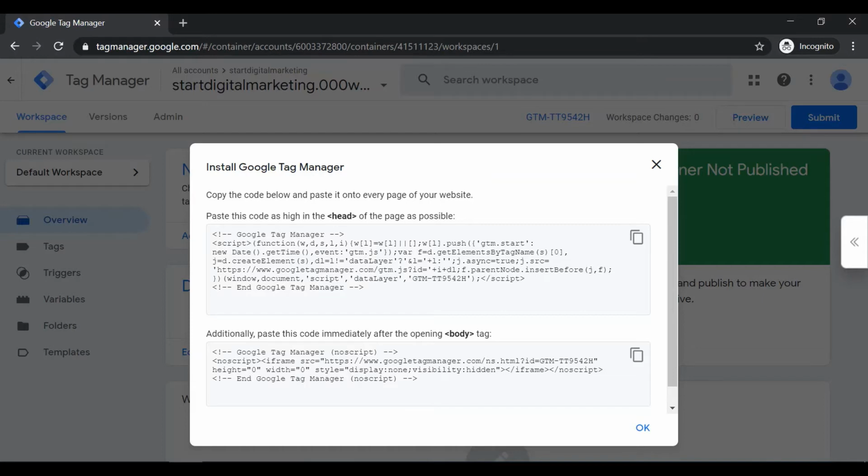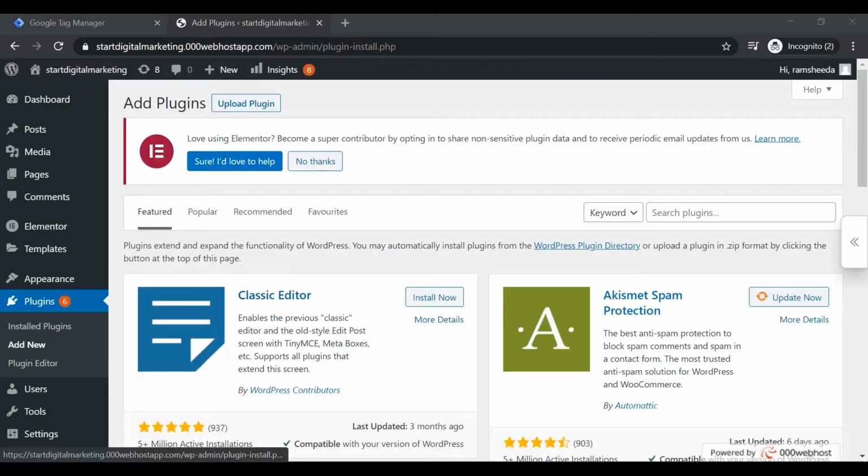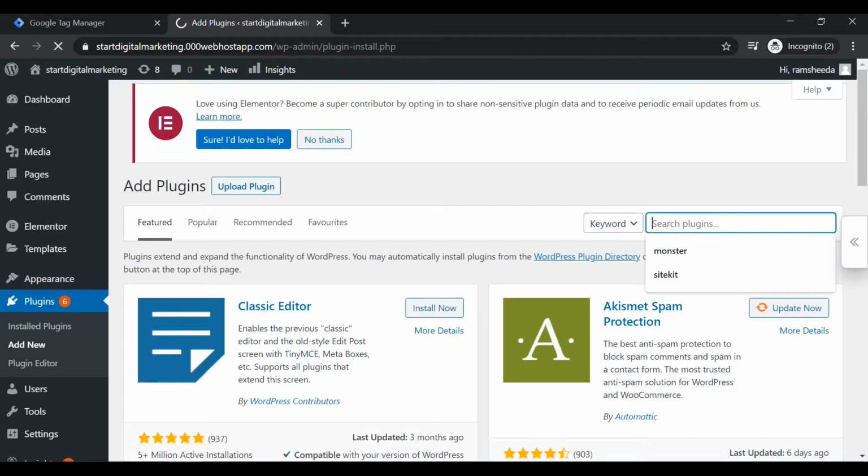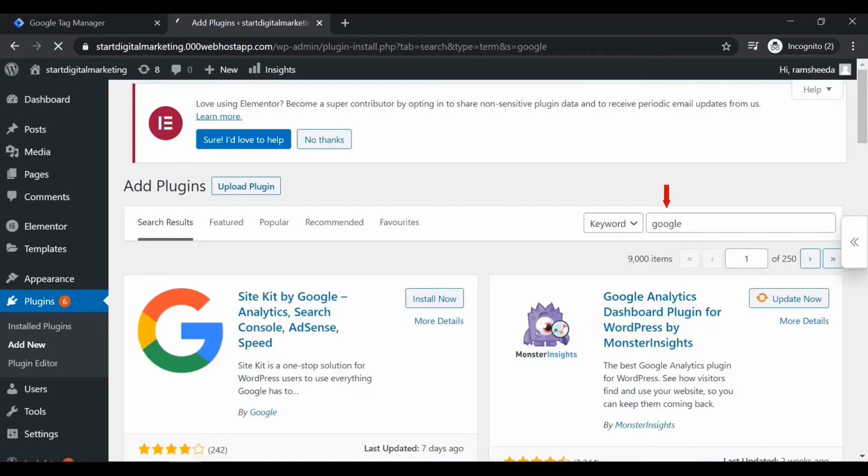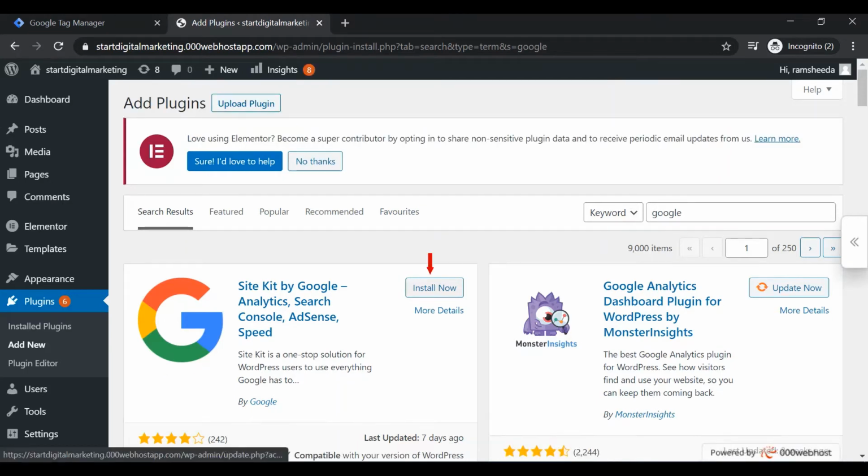Now let's head to WordPress. Select Plugins. Then select Add New. Search for Google Site Kit. Click Install and activate it.